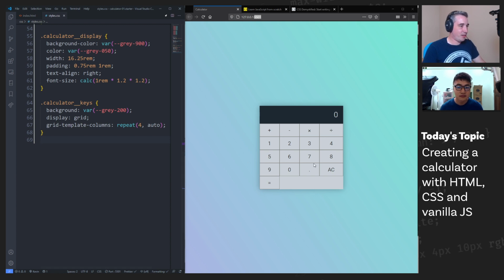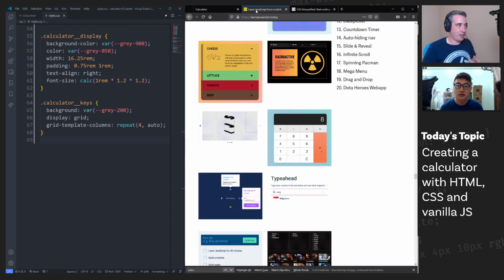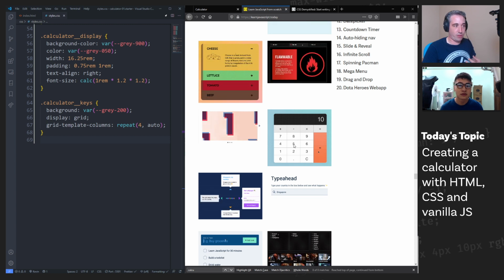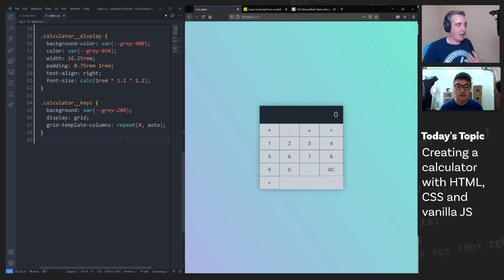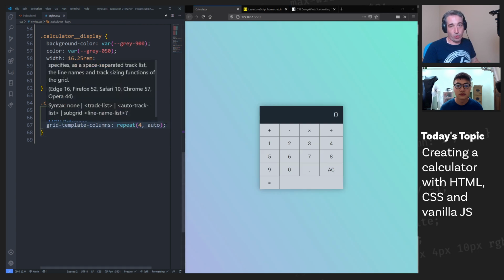Now, the other thing that I've done with the calculator now, because we use the grid template columns, or the display grid on here, everything's lined up, but the only problem is the buttons are all in the wrong place. We're starting with a 1 here, and we're going 1 to 4, 5, we're going across that way. A real calculator is set up like this, where it's 7, 8, 9, 4, 5, 6, 1, 2, 3, and a 0 over here. And what we can do to do that, one of the beautiful things about grid is